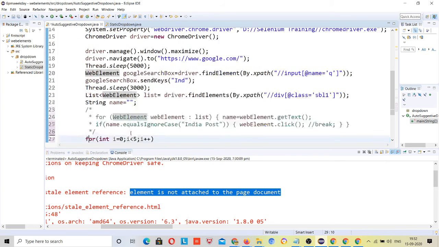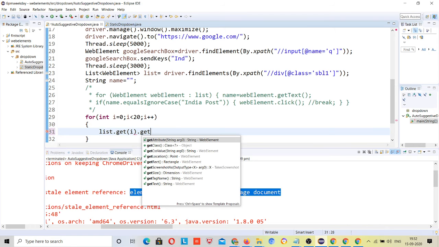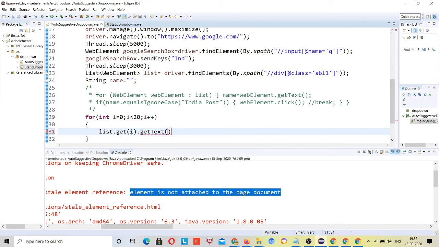With the for loop the problem is, suppose I get 10 here, 20 here, okay? Now we don't need to do that thing. Here what we need to do is list dot get i dot get text, right?